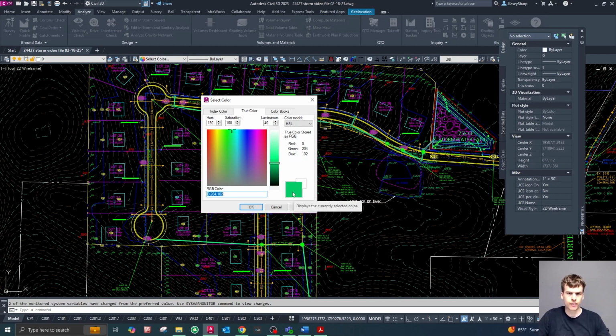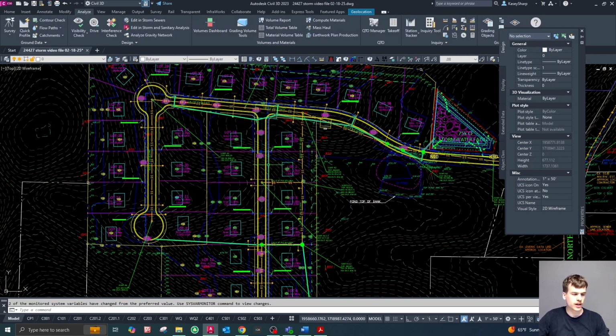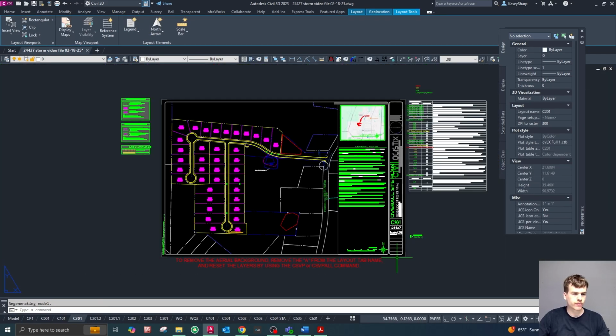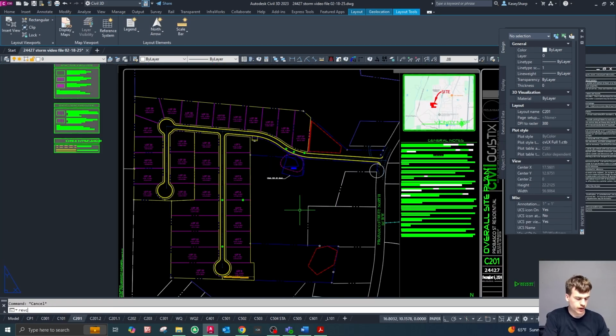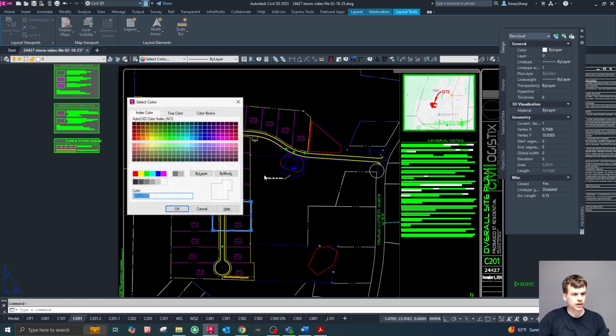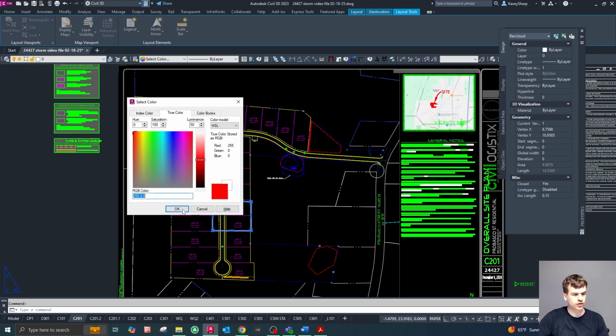It's not going to show up as black or gray like all the other things. So really the only instance in which we plot sheets that have this color is perhaps we might rev cloud some changes on our sheet. So you might run the rev cloud command and then cloud something that's been changed, and then you might change the color to a red color. Typically we use some sort of maroon or just this red here, and then you'll change it to true color,